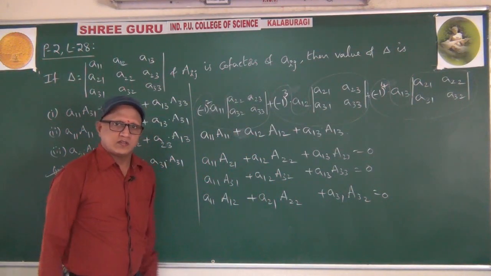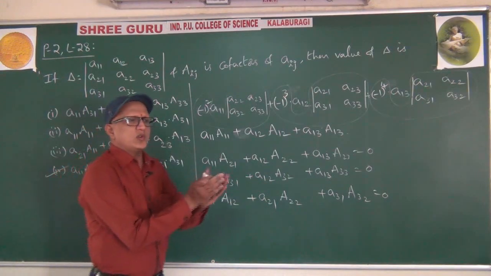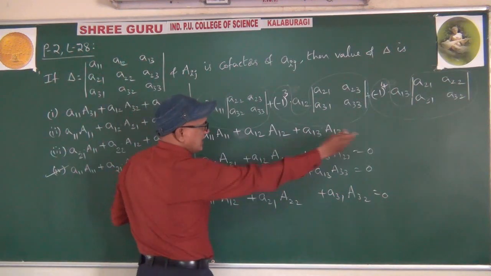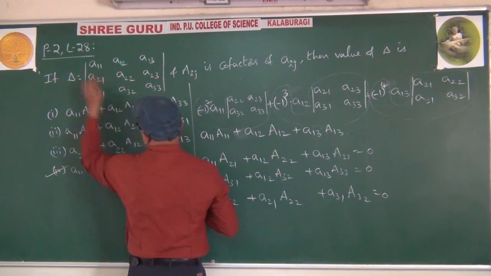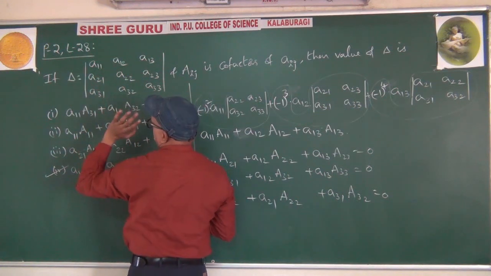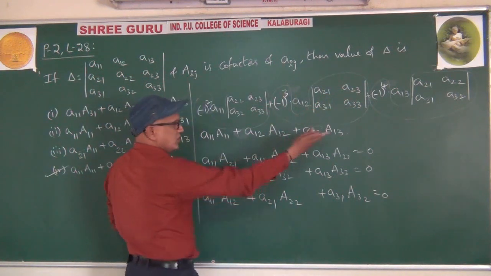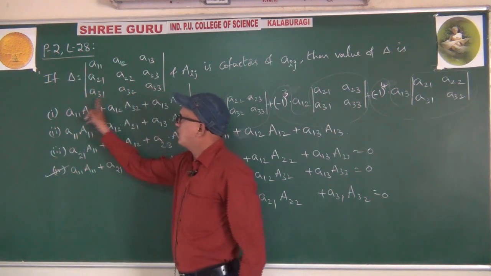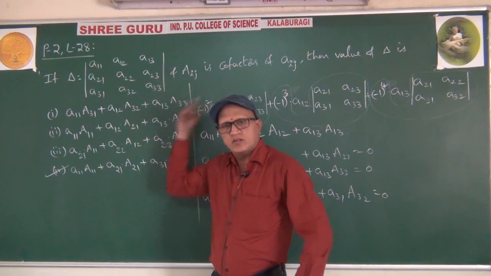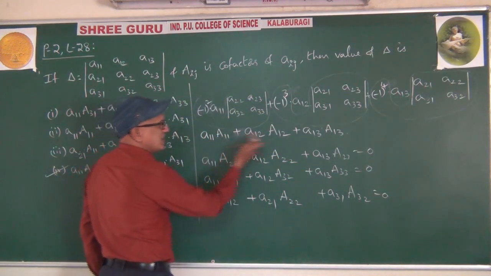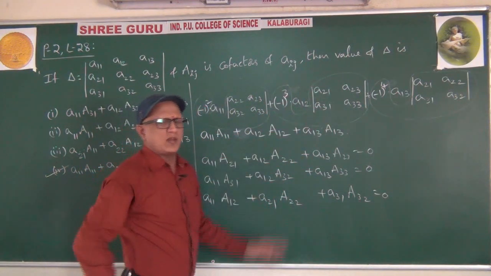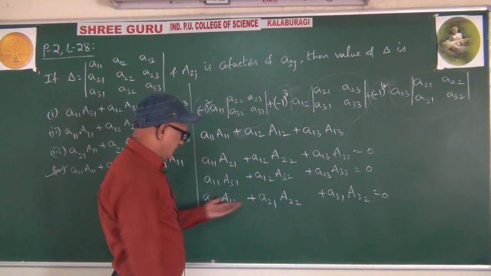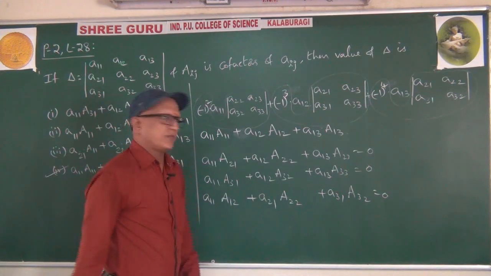Understanding the concept? That's it. Same for rows: this row you have taken, if you take the same cofactors, you will get the answer for the determinant. If you take this row, you have to take the same cofactors, multiply like this and sum like this, and you will get the answer. I already explained this concept a bit, right? So if you take like this, it will be 0. Okay?